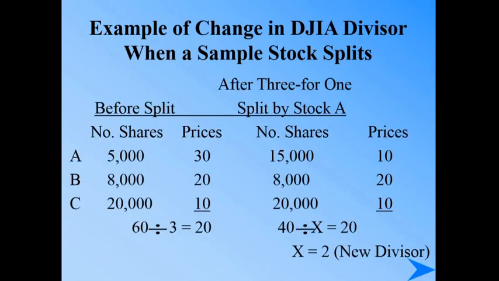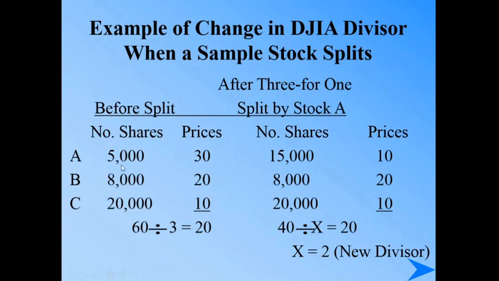So here is how the divisor is actually adjusted. We discussed that the divisor is adjusted when there is a split or a reverse split of stocks. So here is the example. Let's suppose this is a different example, remember, so it's not related to the previous one. There we were just discussing how different priced securities can impact the index. Here we are understanding how the divisor will be adjusted once there is some change and some